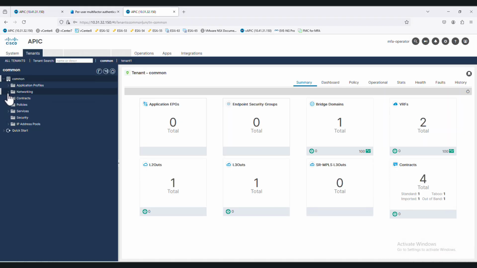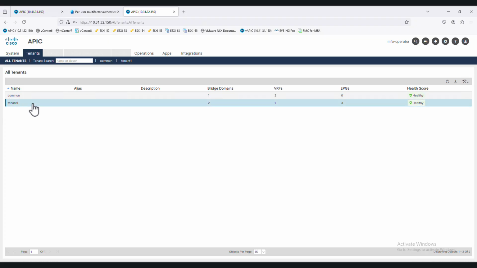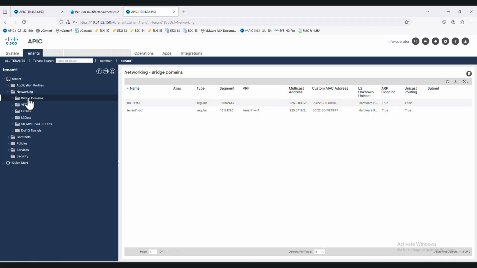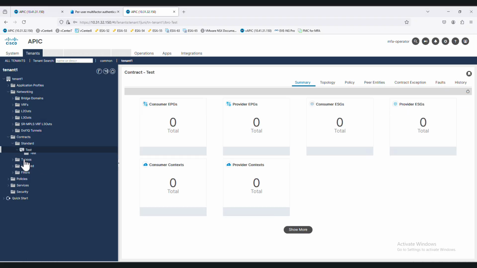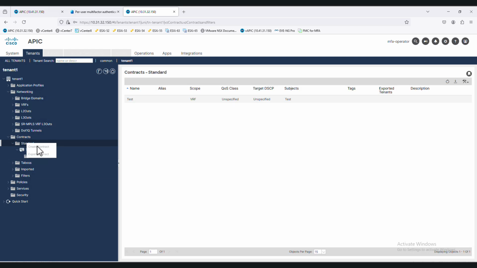So if I go to common tenant and if I go to bridge domain, I cannot create anything. And even if I go to tenant 1 and I go to networking and bridge domain, I can read those bridge domains, but I cannot delete them, or I cannot create any bridge domain. Even when we talk about the contract, I can see the contracts, but I cannot change anything. I cannot erase, I cannot create, and